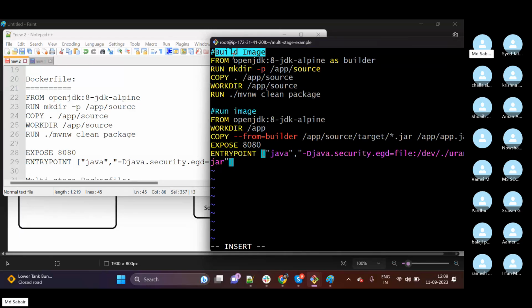It is trying to download the JDK image, and here I am mentioning an alias name. AS means alias name. The stage name I am calling is builder. For every application there will be two stages: one is builder and then one is the deployment one, right? Then we create this, copy, then WORKDIR and then run